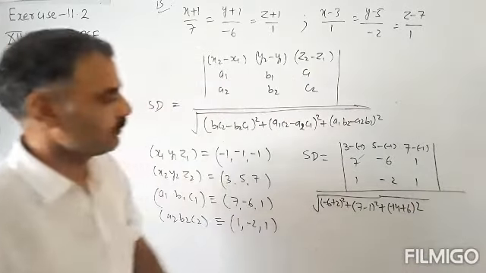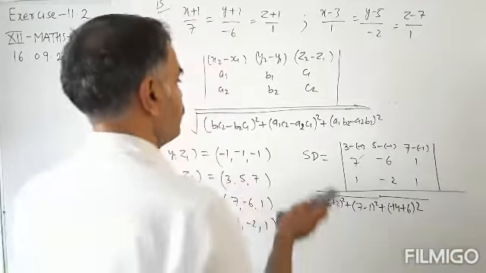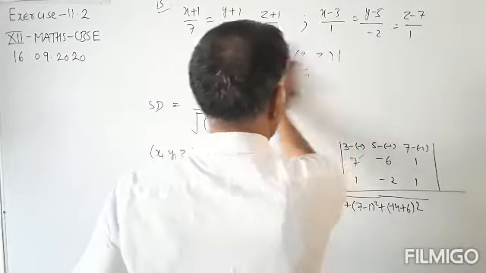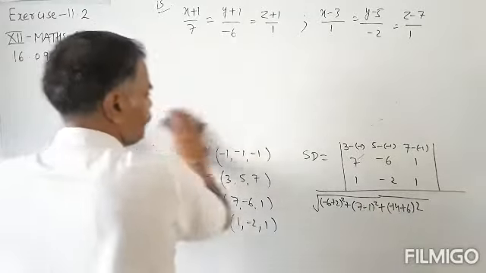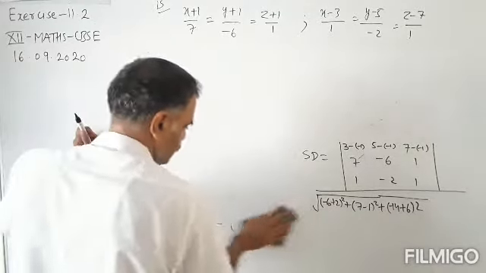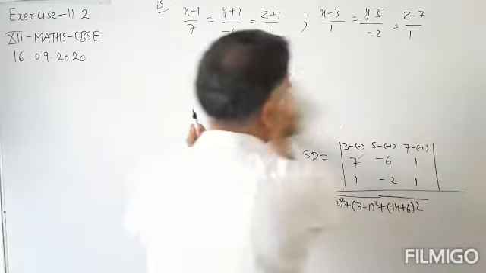Okay, this is the shortest distance. Now we have to solve this quantity and find the actual shortest distance, and this is equal to